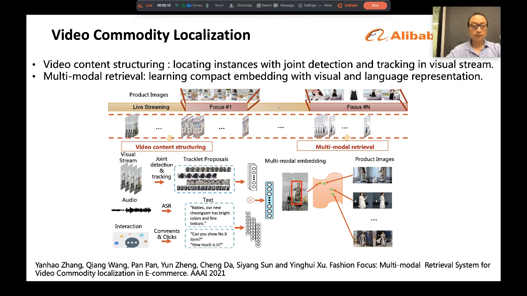And then, the multimodal retrieval process presents a compact retrieval solution with multimodal information using visual and language representation, which improves retrieval quality by triplet-to-image metric learning with triplet constraint. The streaming engine, including the above two procedures, is developed to provide real-time services for tremendous videos in the Taobao marketplace.